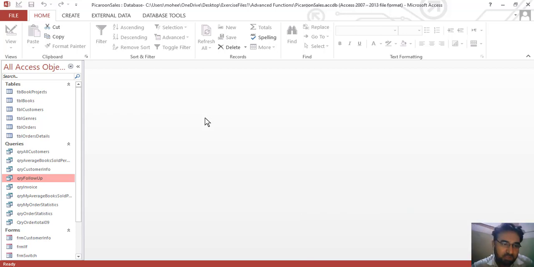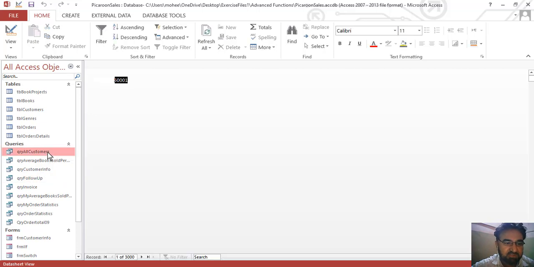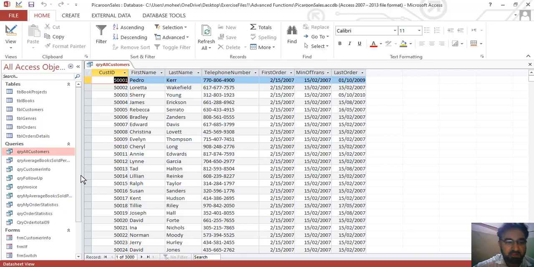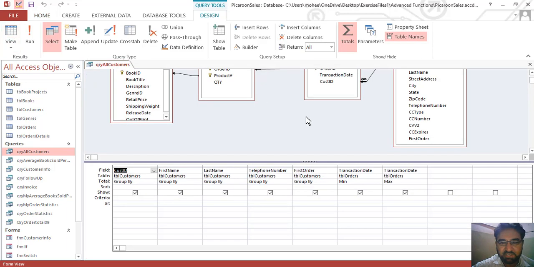So let's practice the DateDiff function, date difference function.